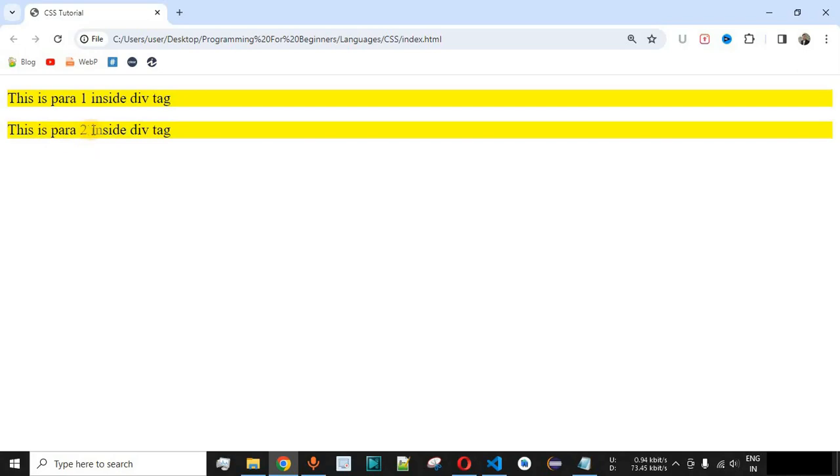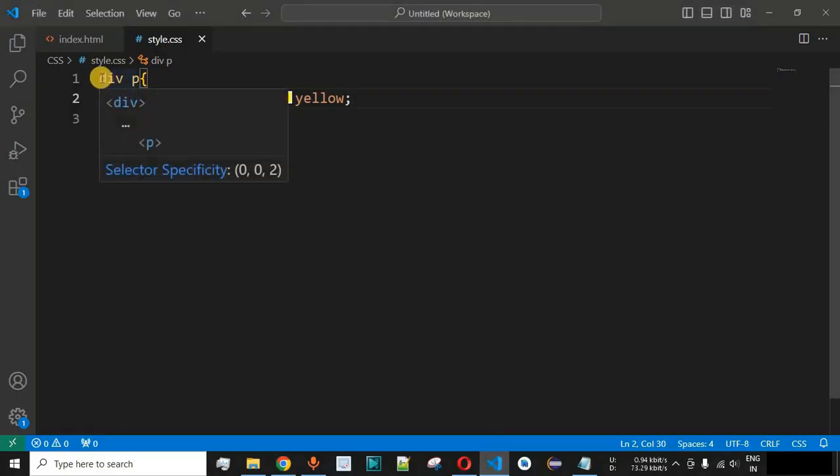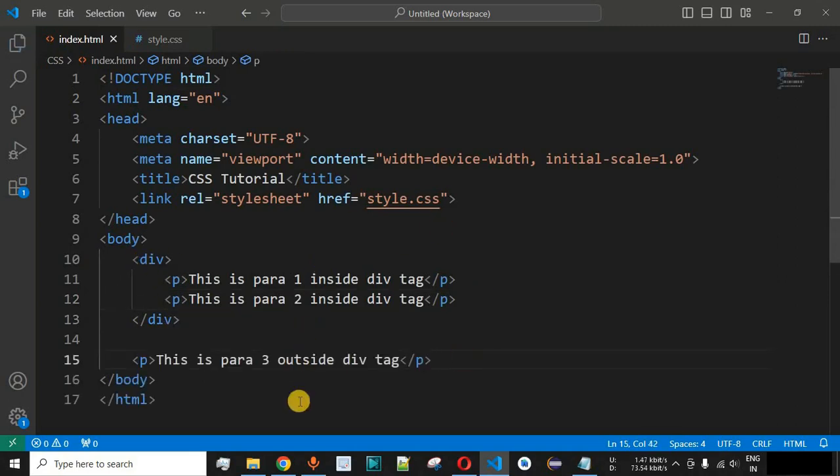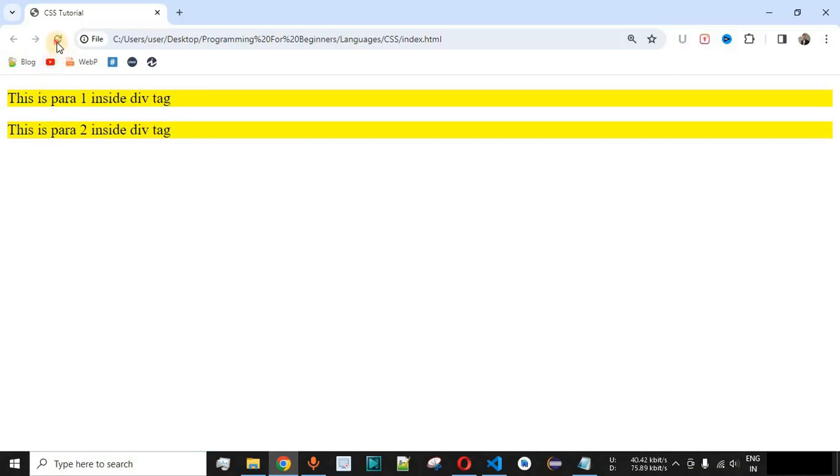That's because both of them are present inside the div tag, and we have provided the CSS property in such a way that the div tag should have the paragraph tag, then only the background color should be applied as yellow color over here. Now guys, let us say we have another paragraph tag which is outside of this div tag. Let me just save this file now and try reloading this page once again on the browser.